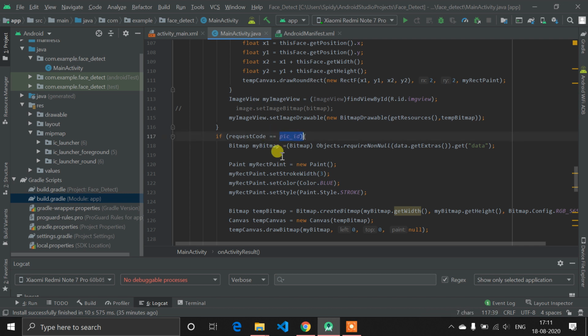Now, in gallery we did lots of things to do with the image, because we have chosen the image, we need to get the path, we need to open it with canvas. But in camera capture we don't need to do much here, because the captured image is already in bitmap format. So already 4 to 5 lines have been decreased here.